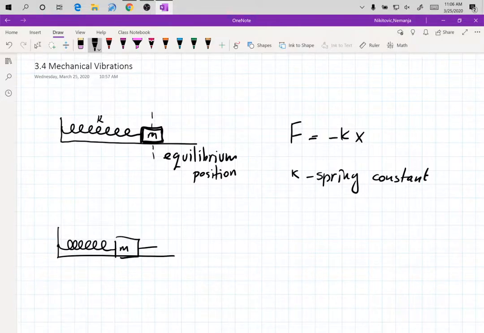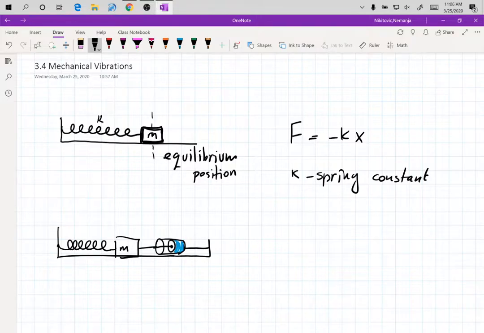So you can attach some kind of a cylinder over here. Let's put the piston in there. This is connected to the piston, and we'll put some kind of a liquid in the back. So if you have this kind of a system,